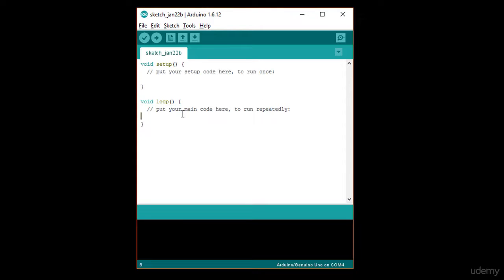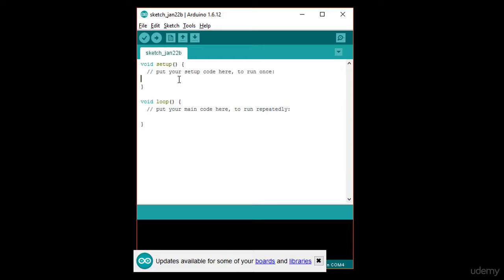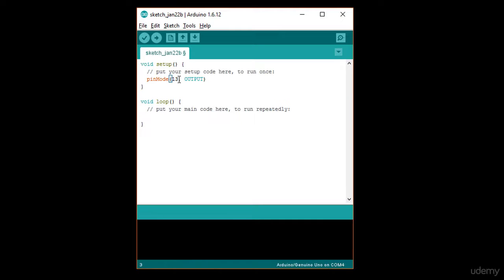To blink our LED, we first need to tell the Arduino that we want to control the voltage of pin 13 using code. This is known as setting the pin as an output, and we do that by writing the following line of code in the setup function. pinMode(13, OUTPUT);